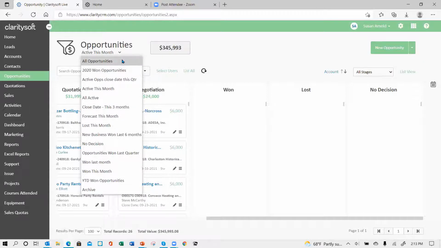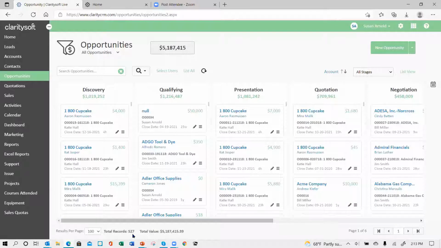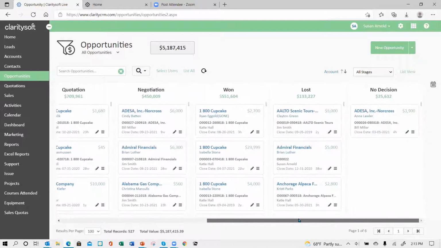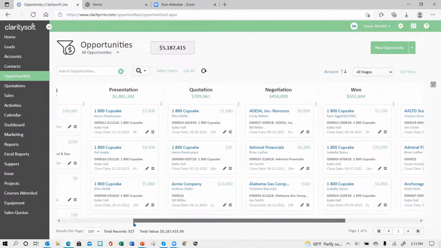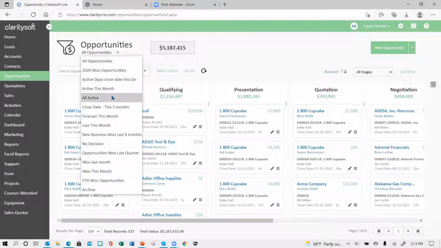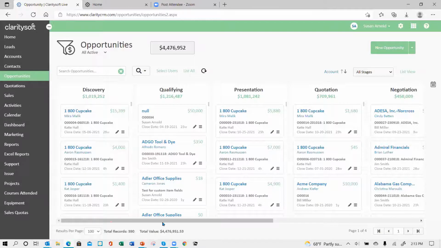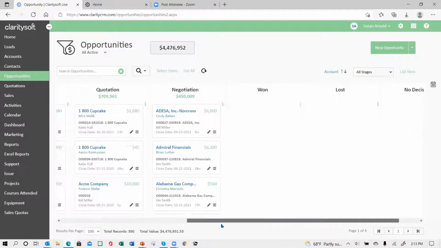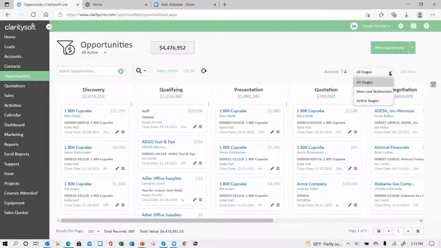So for example, if I just went to all opportunities, I have 500 of them in here. This is all opportunities forever, but then you're going to see one lost and no decision opportunities. Okay. So when you do a board view and you think, oh, I'm not seeing what I think I should be seeing, then you need to come up here and check your filter. Okay. So if I go back to all active, again, active is not going to show me one lost or no decision. So if I change to my active stages,